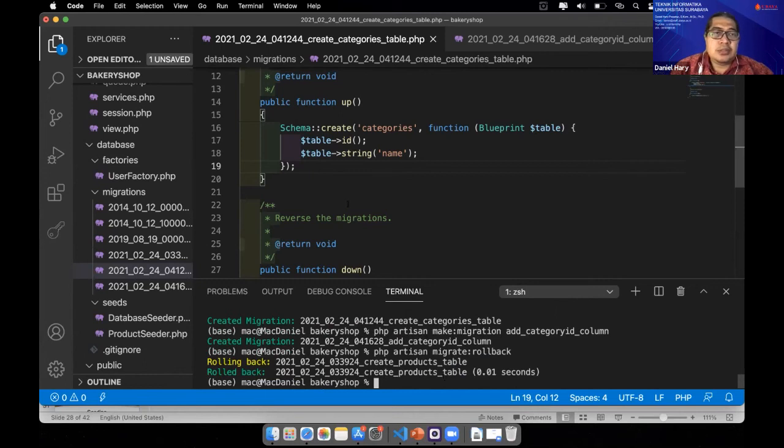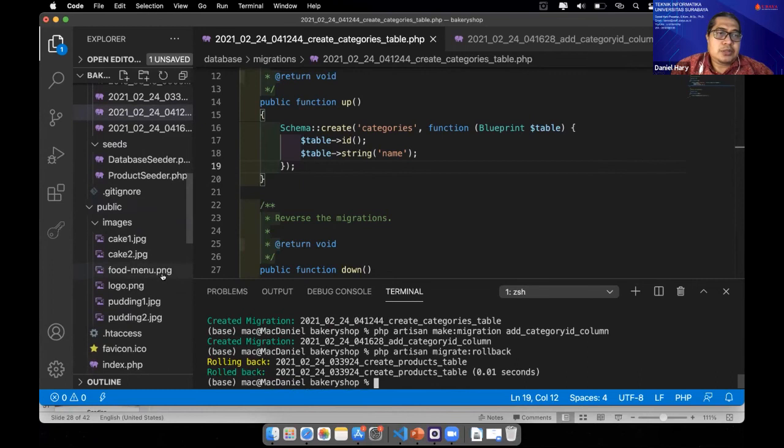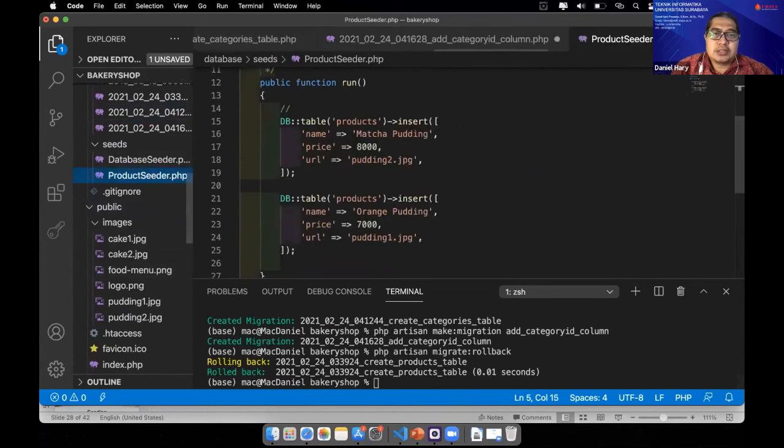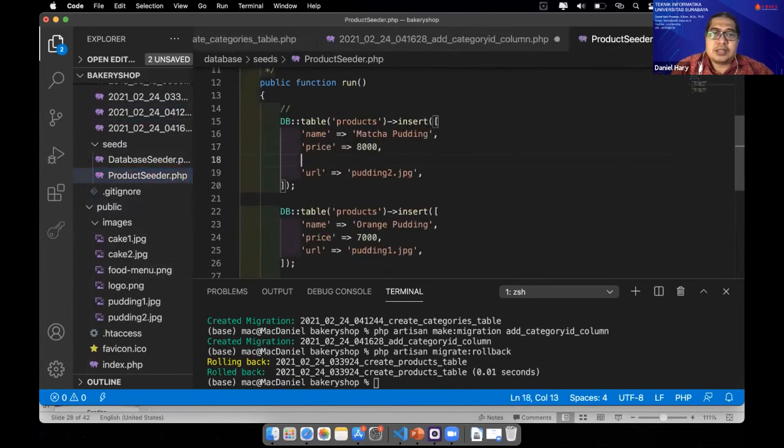And next, maybe we have to modify our seeder, the product seeder. We have to put some category ID here. Category ID, with some values. Okay. Next.